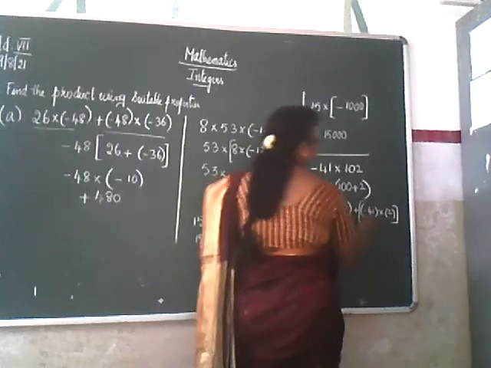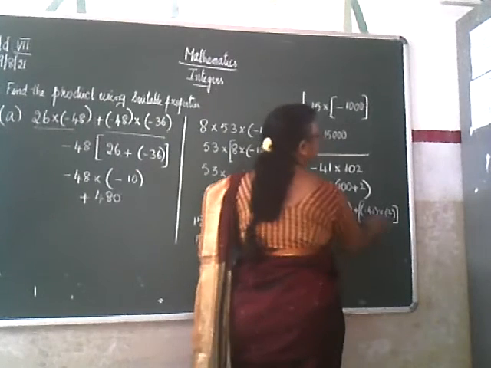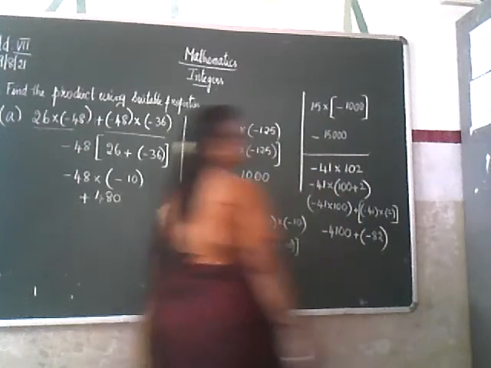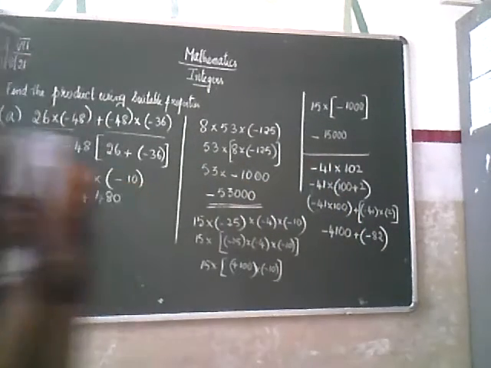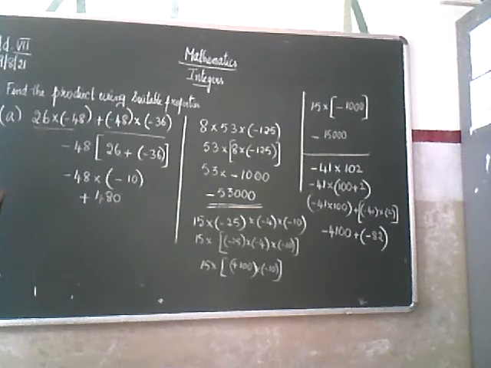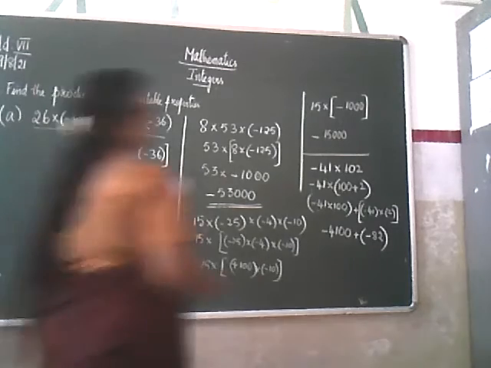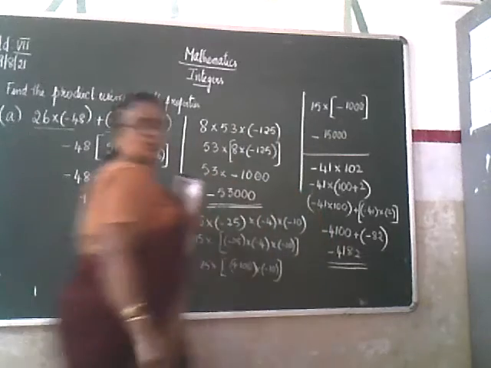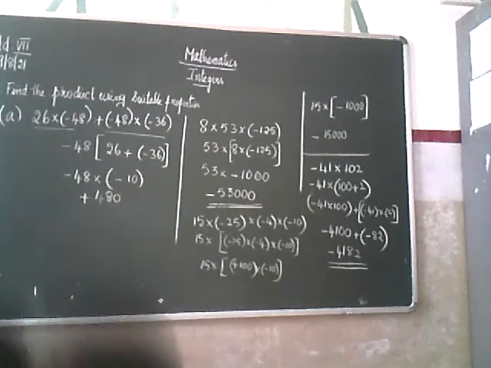Again, minus into plus is minus. 41 twos are, 2 ones are 2, 2 fours are 8. So both are having which sign? Negative sign. When both are having same sign, add and put the same sign. So if you add and put the same sign, what you will get? Yes, it is minus 4,182. Minus 4,182. Okay? Understood? Yes. The next one is